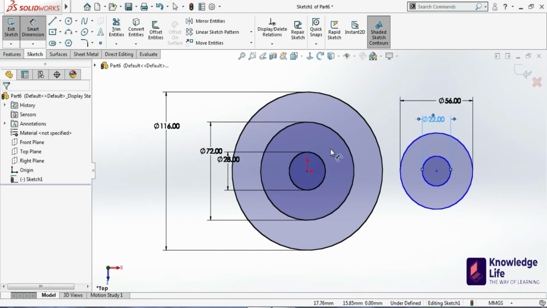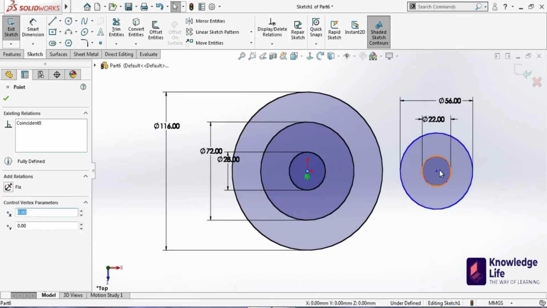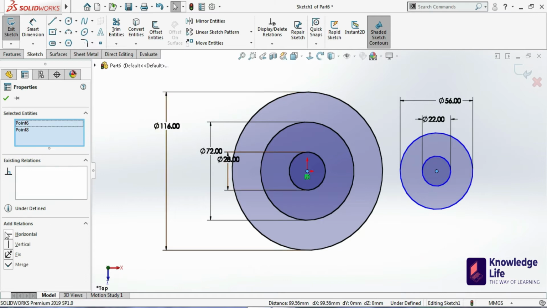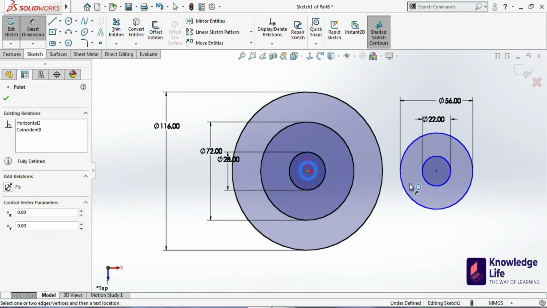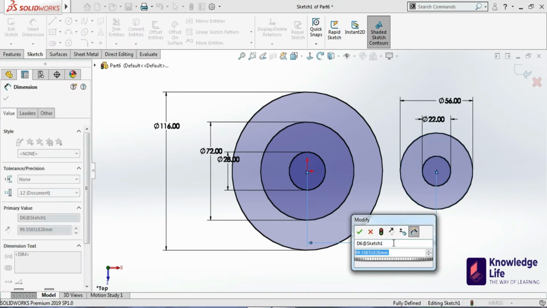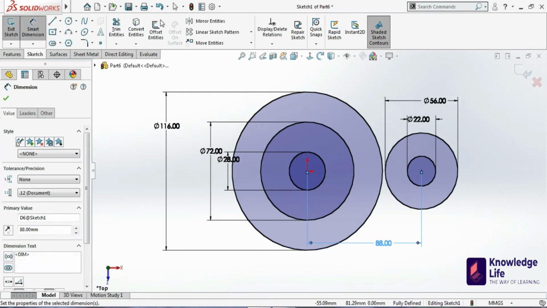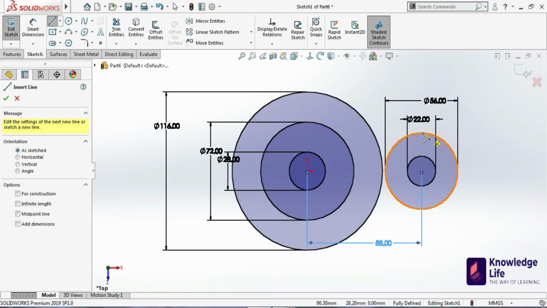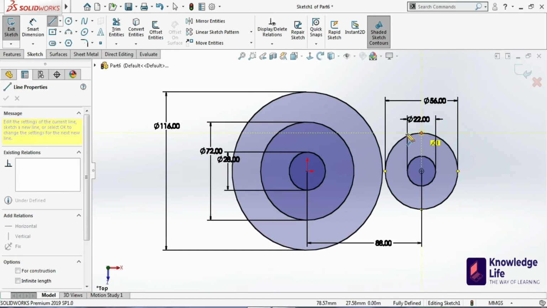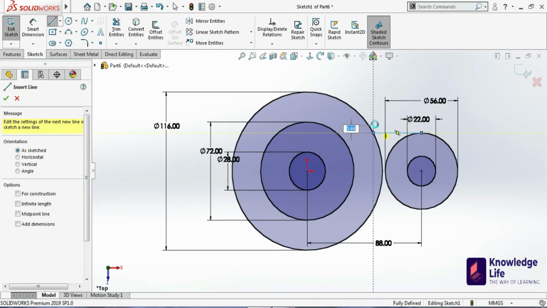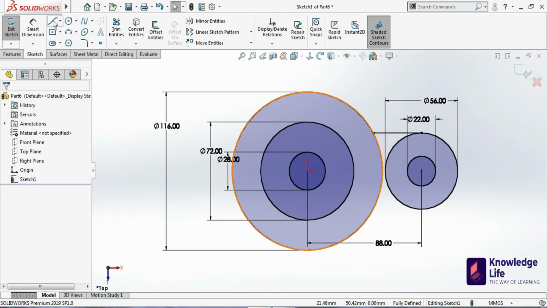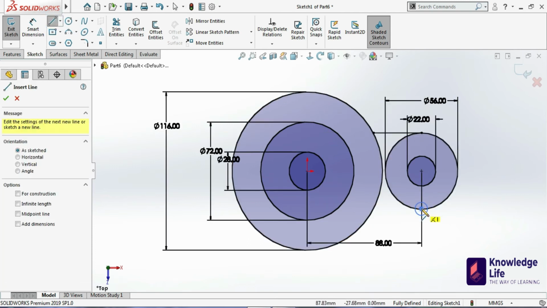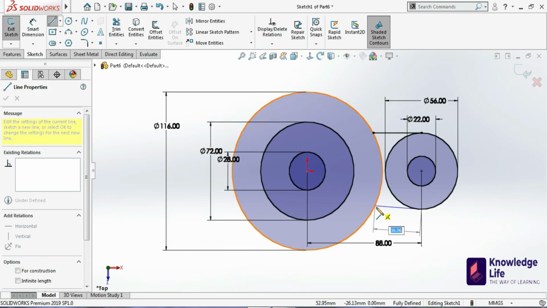Now I'll give this relation, this and this, horizontal, and I need to give the dimension between these two centers. I'll give the center value 88, go for the line command and take a line from here and connect it up to here. In the same way I will start from here and join it here.